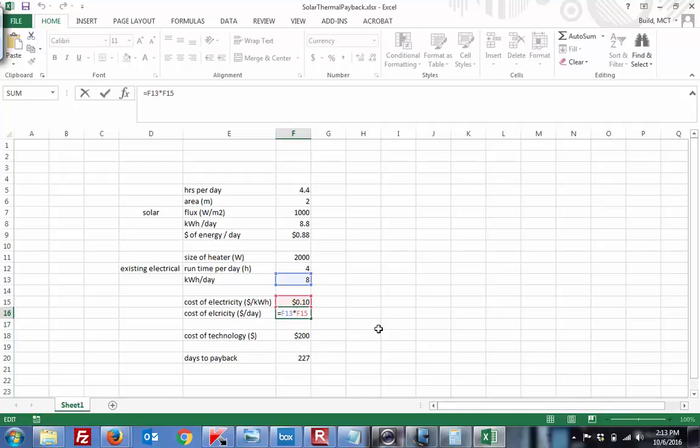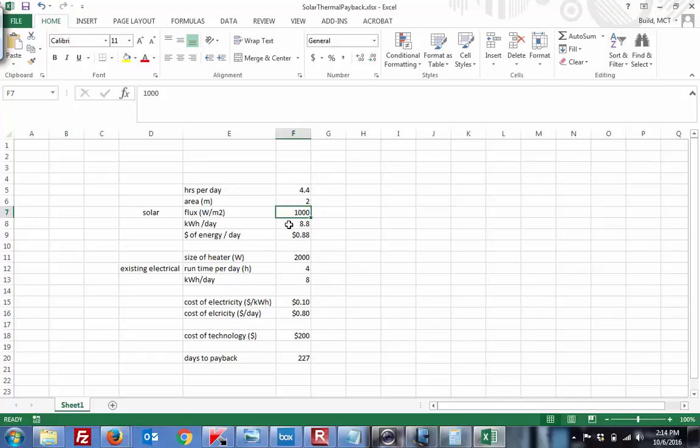Your current cost per day is the 8 kilowatt hours. Where do the 8 kilowatt hours come from? Well, it's the size of the heater, 2,000, times the runtime per day, divided by 1,000 to get kilowatt hours per day. So there's 8. Here's your cost, and then your current cost per day is 80 cents. Now, with the solar, 4.4 hours per day, there's the area, 2 meters, there's the flux, 1,000 watts